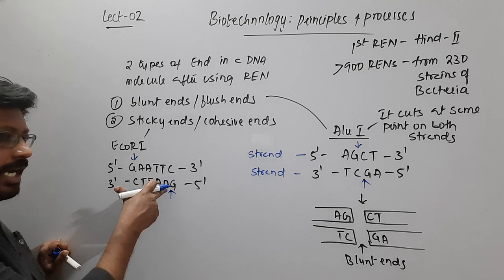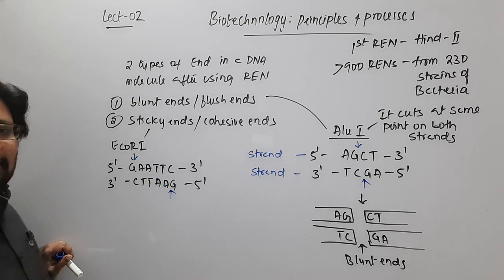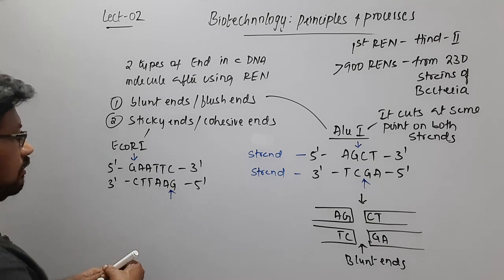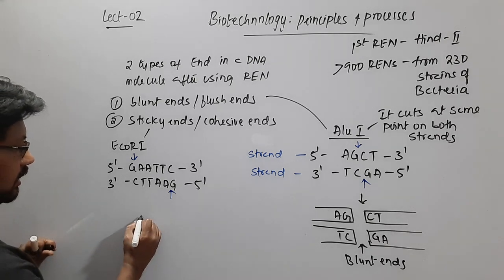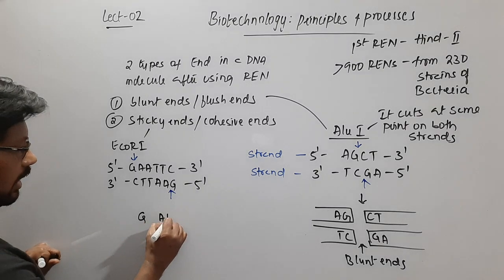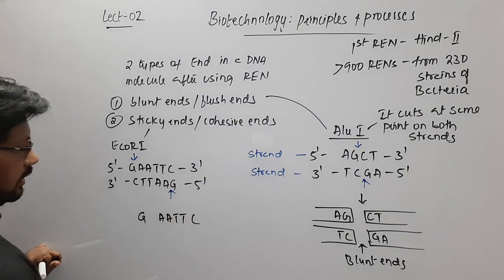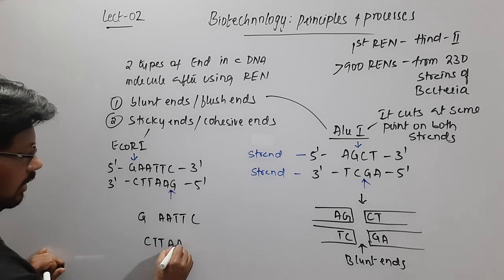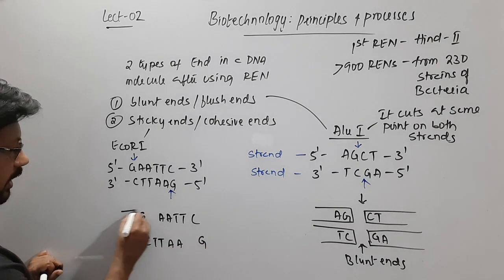So between G and A, it breaks the phosphodiester bond. So there, what it becomes is G A A T T C, and in this case, it will be A A G. So you can see here,